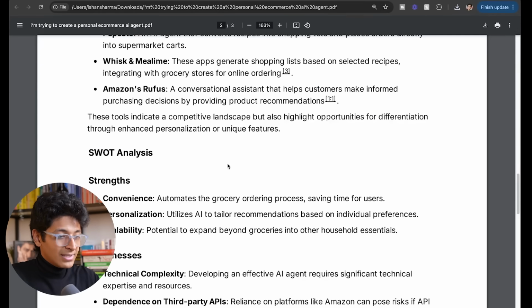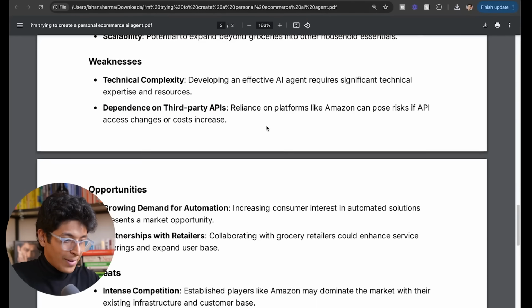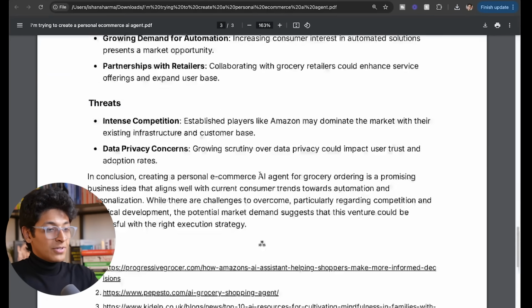The SWOT analysis, right? Strengths, weaknesses, as it says, dependence on third-party APIs. Amazon might not allow you to build an app like this. Opportunities, threats, stuff like that. So you get an in-depth report for what you want to build. Gemini will take some time, but there's another epic use case of creating these in-depth research reports, and that is